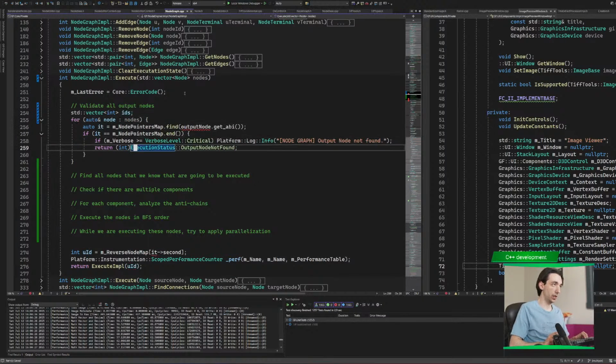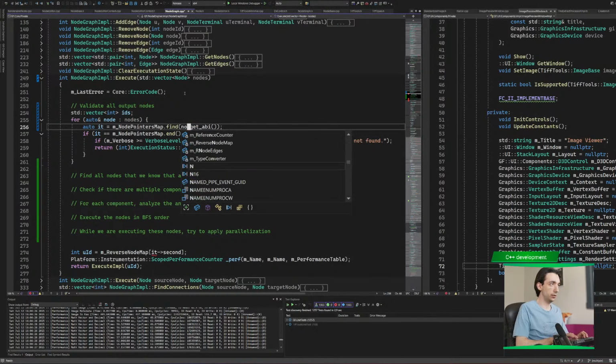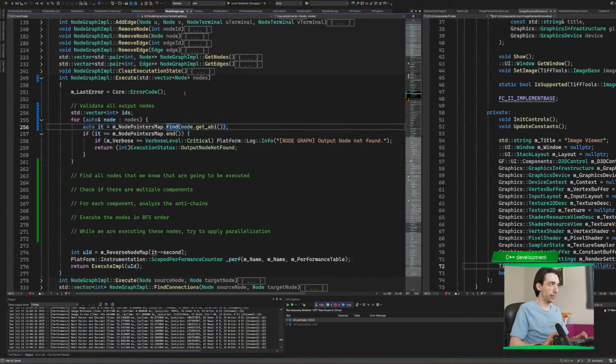IDs. Validate all output nodes. Should we execute if some nodes don't execute? I don't know. We'll see. Node get RB. This gets the pointer. Output node, and then one output